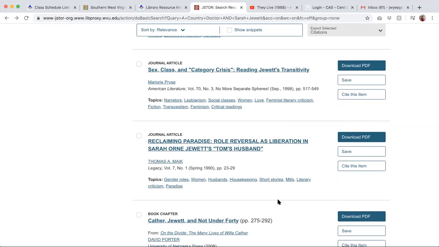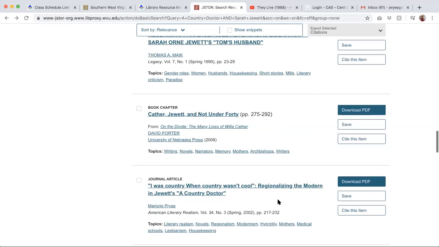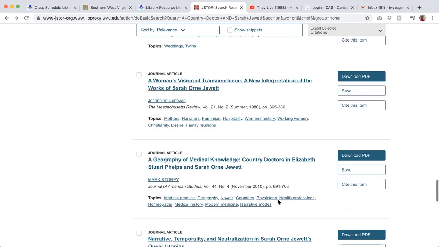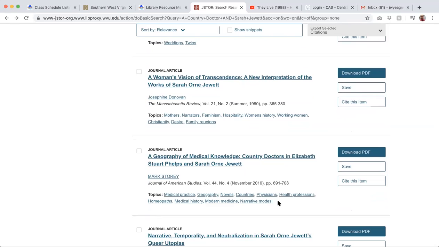Like I said, I can get anything that's on here, because the librarians are usually pretty good about getting you anything you need. The reason why they've got so much more stuff: WVU's a research school, right? Southern's a teaching school, where there's not a lot of people that do research because we're all so busy teaching. So that's why we don't have access to a lot of this stuff.